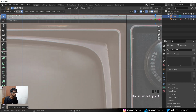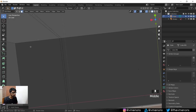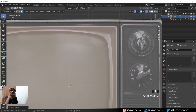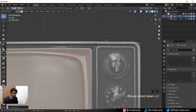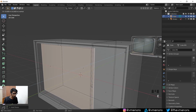And next is an inset till about here. It's the rim, and oh my god, what did I do. Okay, and make sure the rim matches everywhere. Yeah, it doesn't have to match perfectly, it just has to match enough. Okay. Alright, I'm gonna make an inset again for the rim, and then I'm gonna make another extrusion over here, and this one goes a little deeper,